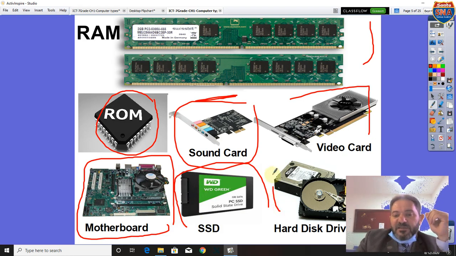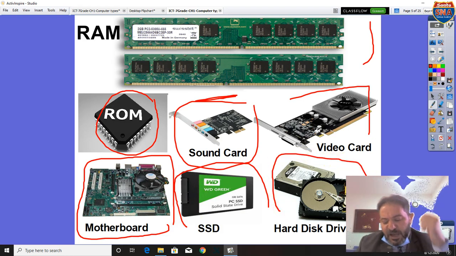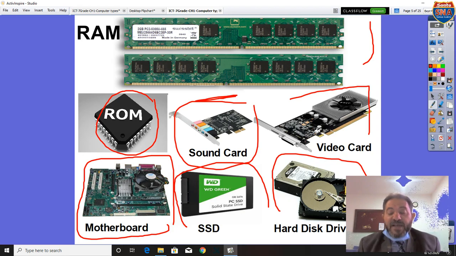And this is the hard disk drive, the regular hard disk drive. What is the hard disk drive? It's a magnetic hard disk drive. Why do we use the hard disk drive? The hard disk drive, guys, is used to store data. It has a huge, large storage capacity. It stores all types of data. It doesn't lose any type or any amount of data if you shut down the PC. So it's a long life